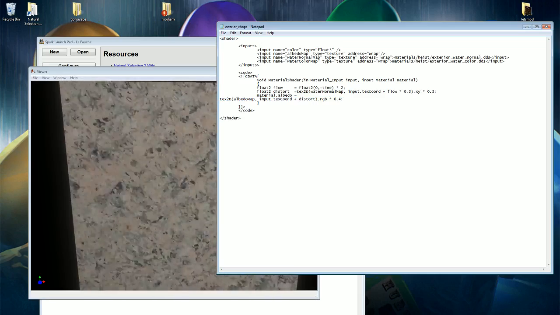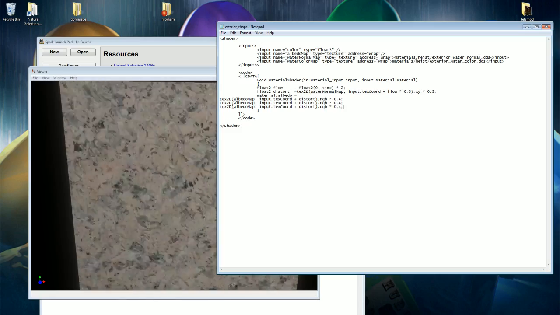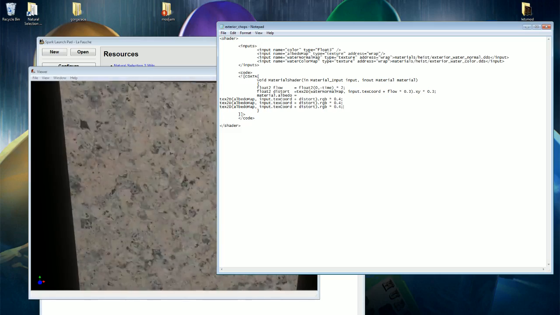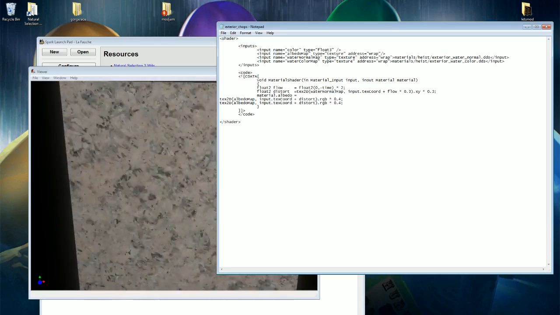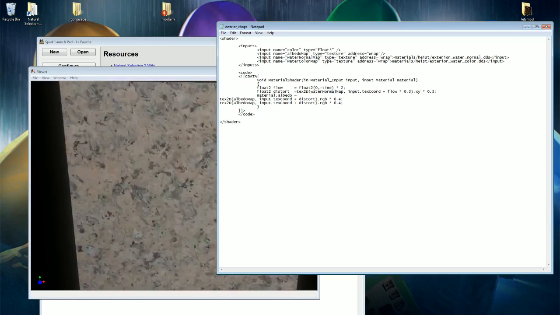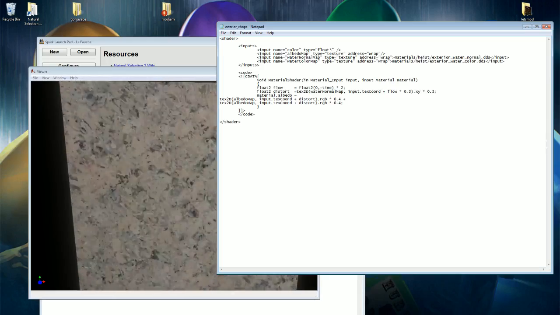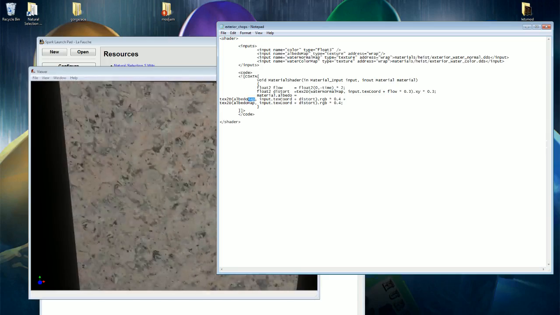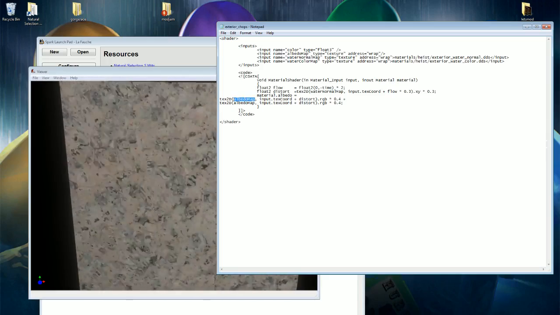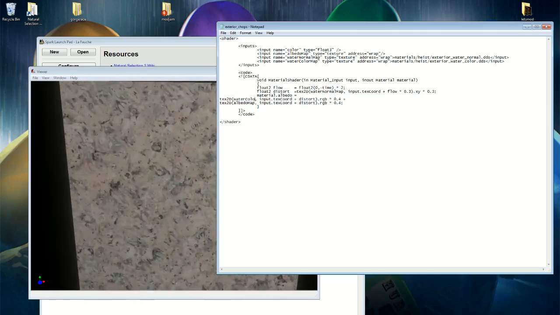We're going to copy this a couple times. And, well, let's just do this one at a time. So what we want to do is add the first one to the second one. And the first one in this case is going to be the water color map,